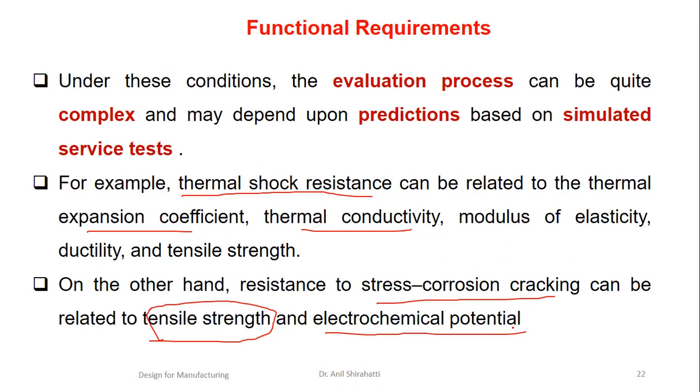So for example, let's assume a ship impeller. What happens to the ship impeller? It is inside the sea, which is a corrosive environment. So maybe after a few months or few years, it may start corroding. But when I am selecting any material, I cannot wait for, let's say, 2 years to decide on a material. So what I do is I create an electrochemical environment in which the corrosion can happen within 5 days, equivalent to the material being corroded after 5 years in actual working condition.